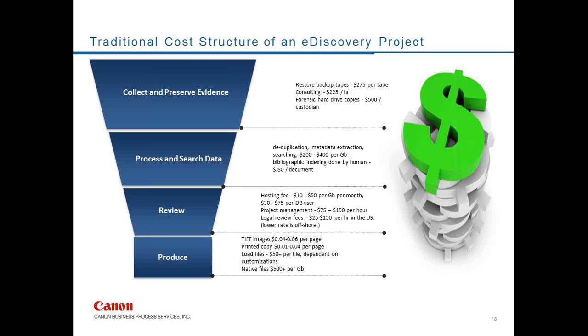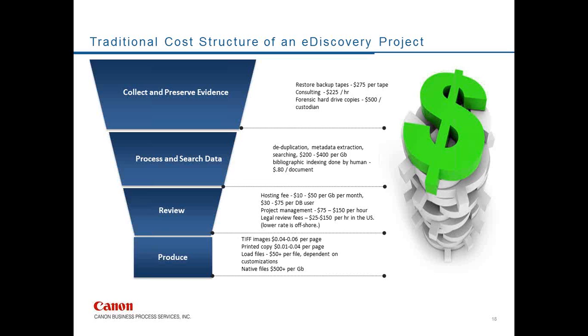And then in that phase, you've also got some professional services helping you along. Project management ranges between $75 and $150 an hour. And then we talked a little bit about legal review fees. If you outsource that, you'll be paying somewhere between $25 and $150 an hour. On the low end, that's going to be for people offshore, let's say in India, doing a first pass review. And on the high end, that would be, say, somebody who is a foreign language speaker